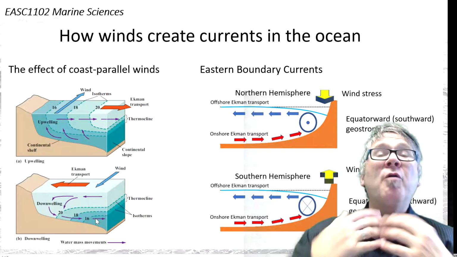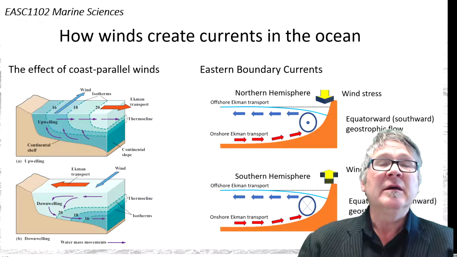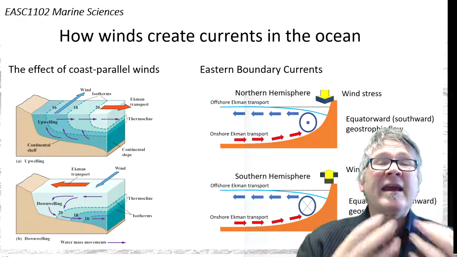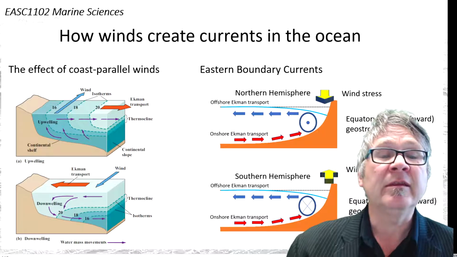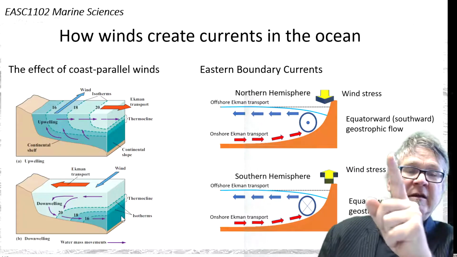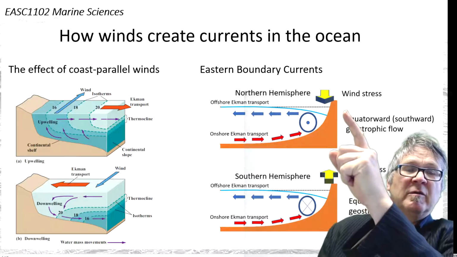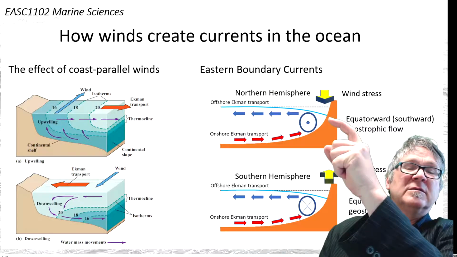So more important in the context of these eastern boundary currents is that you create a slope in the sea surface. Either, and that's shown here just next to my head, let me use my finger. So with wind stress, you either decrease the sea level at the coast,